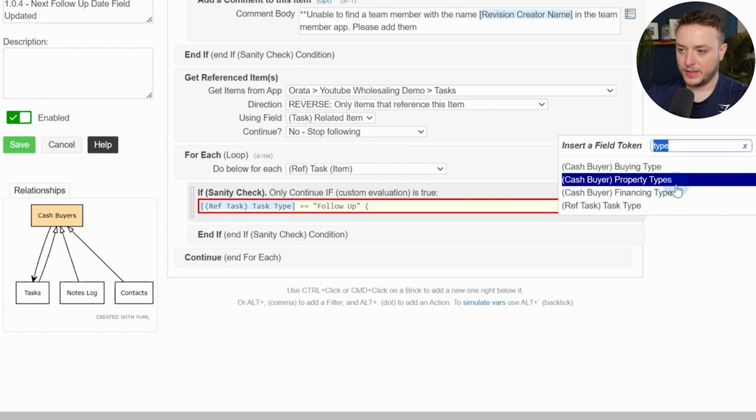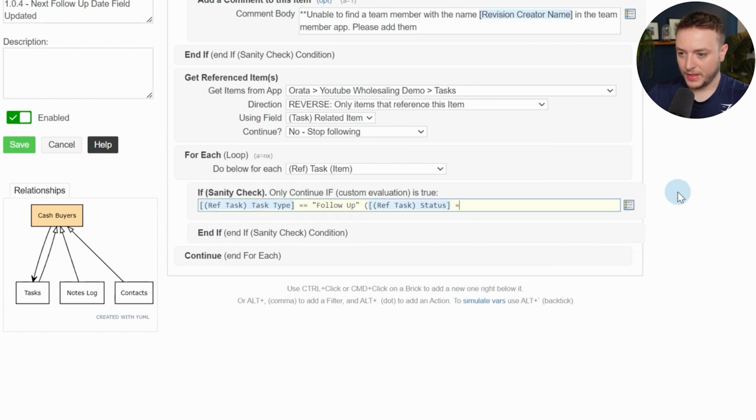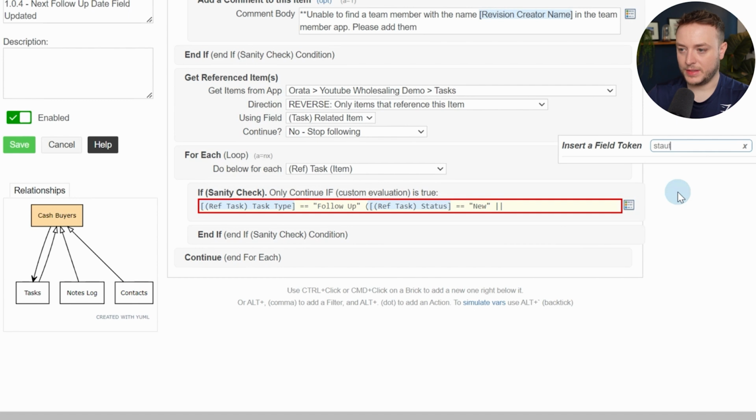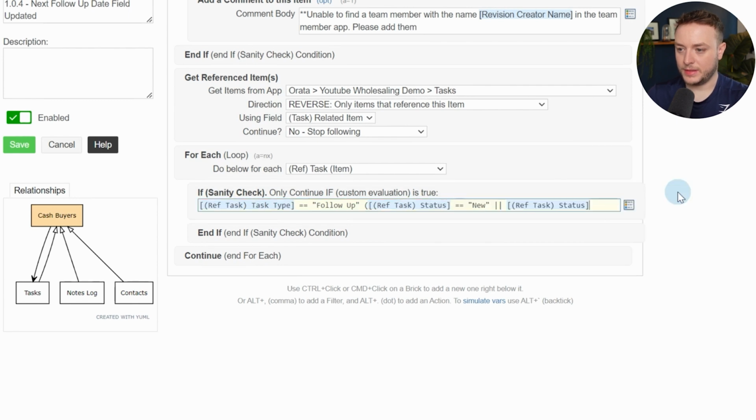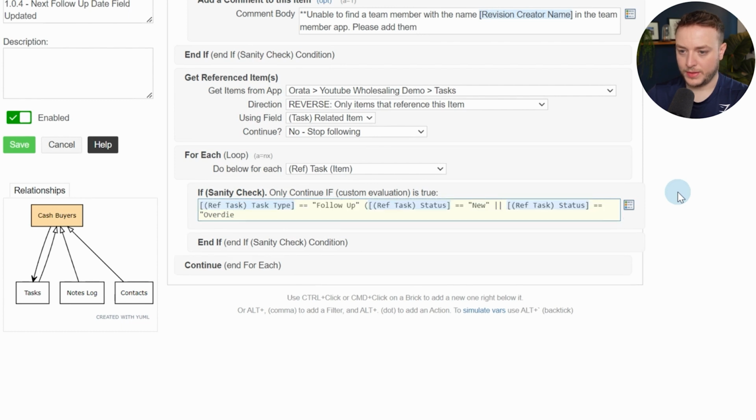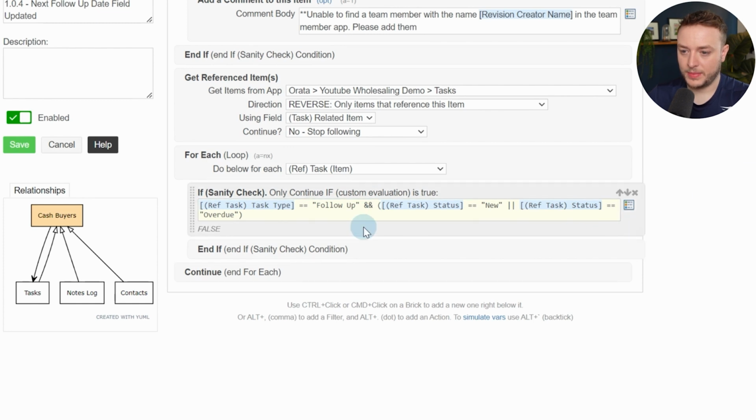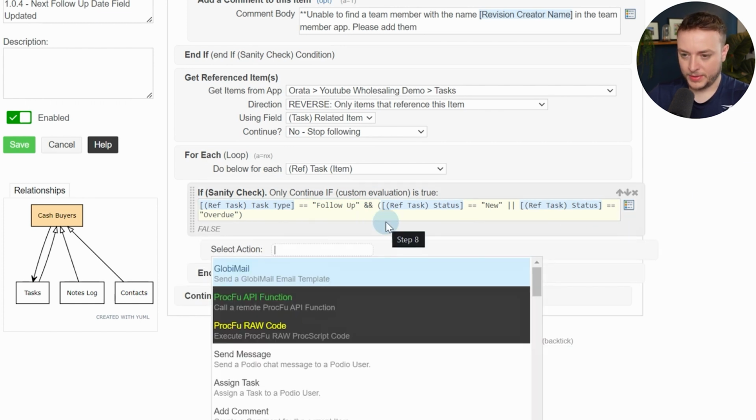and then we want status equal to new, or status equal to overdue. Close the parentheses. Oh, just realized there's a mistake there. We need the and after follow up. Perfect. And then we want to